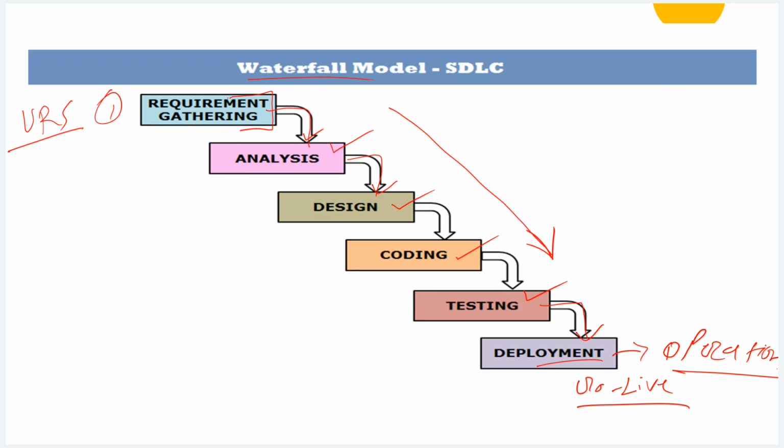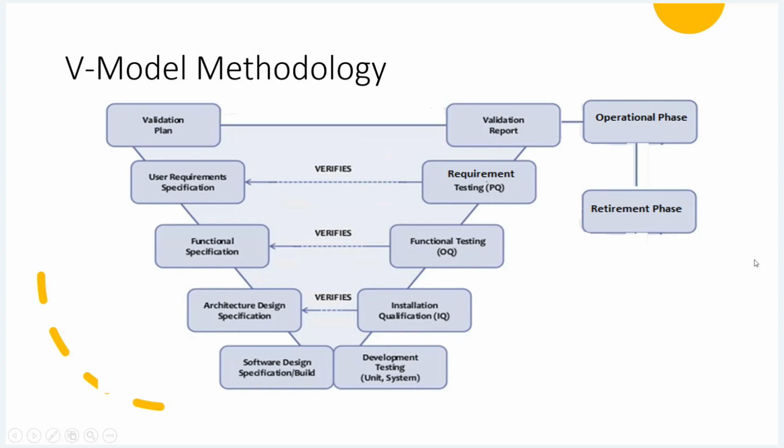In the same manner, the V model is also there. You can see we have a similar manner. It's like a waterfall only, where we prepare the validation plan. We gather the requirement, the URS. That URS will be sent to the vendor, and the vendor will provide the functional specification, where he will mention that I am going to provide software having this functionality. Are you fine with this functionality? As a pharma industry, I can say yes, we are good with the functionality you are going to provide in the software. After that, he will provide one document called the design specification and configuration specification.